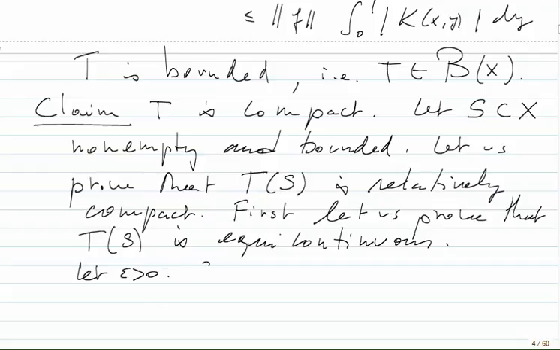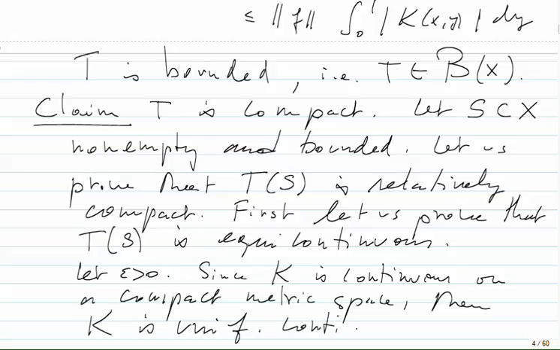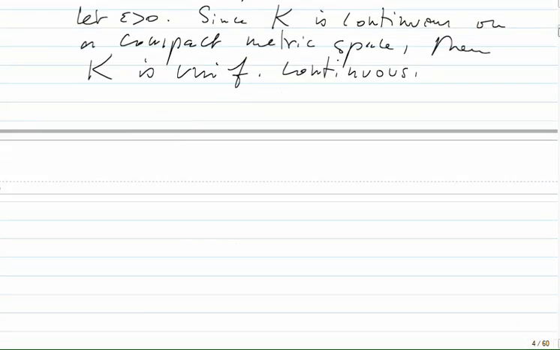Since K is continuous on a compact metric space, then K is uniformly continuous. Okay, and therefore there exists delta. So there exists delta positive such that